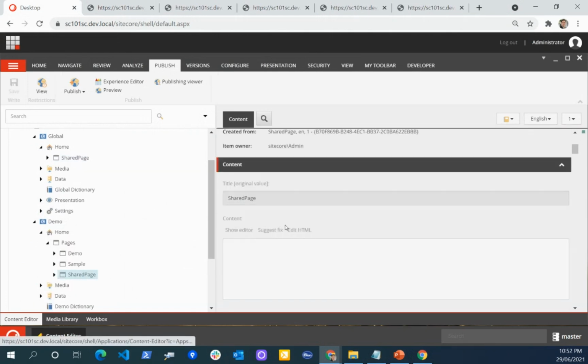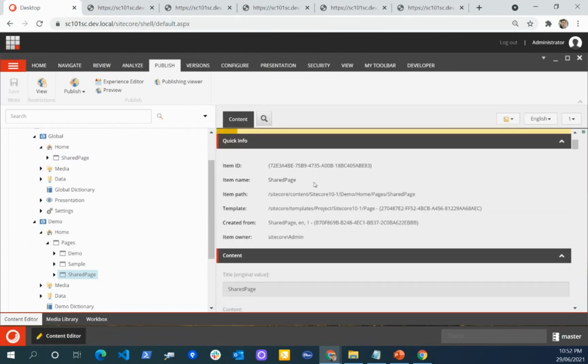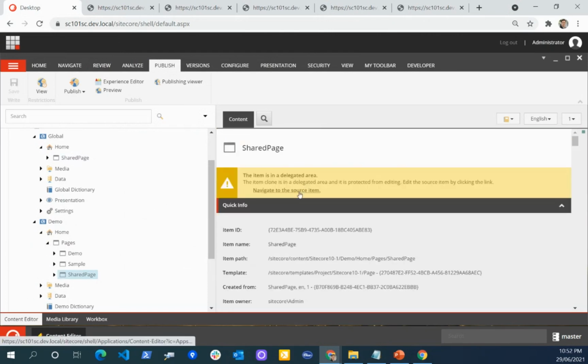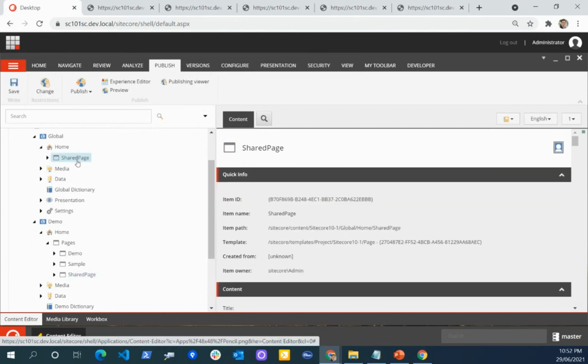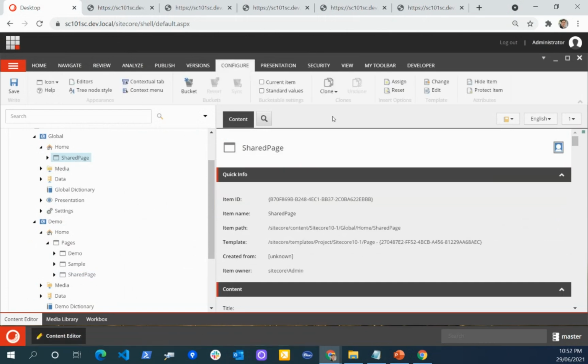Now I can't edit this page because it is driven from the global site. The way you do it is you click on any of the pages, then you configure, and then you can clone the page to a different location.